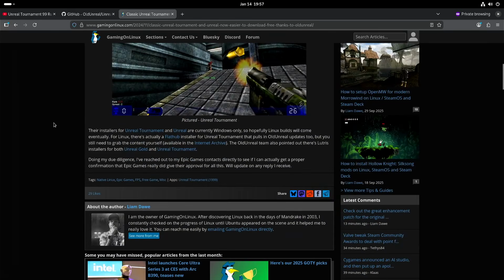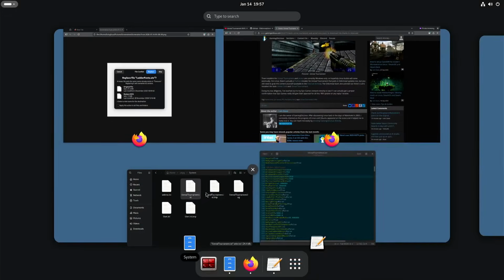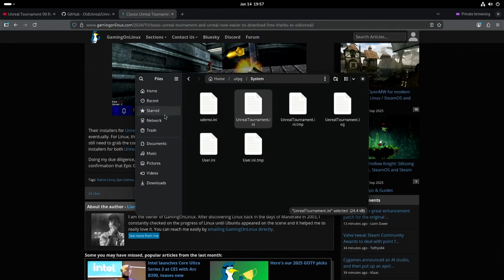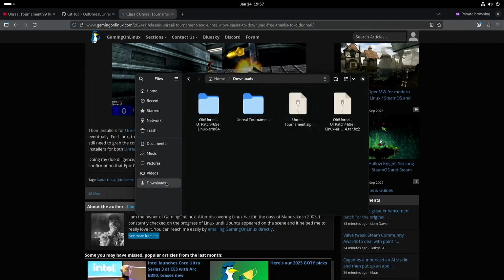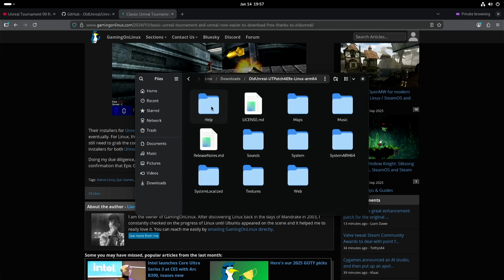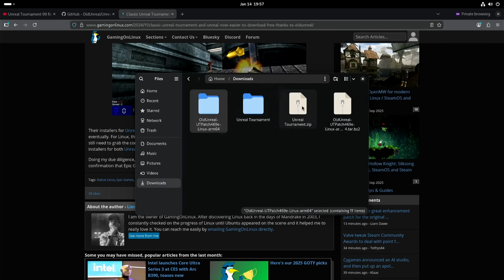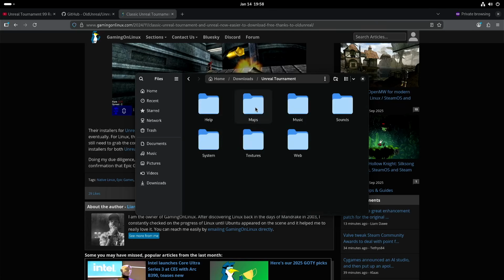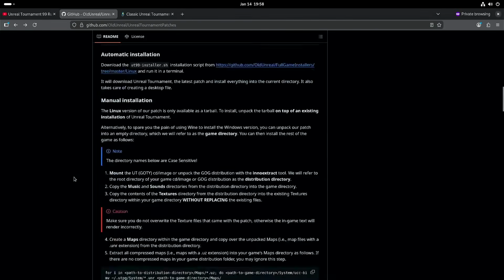So how do you install it? So let's just say I downloaded the release from OldUnreal patch. I extracted it, so you get like this, and then I downloaded Unreal Tournament from the Internet Archive. I extracted it, and if we go back to the instructions,